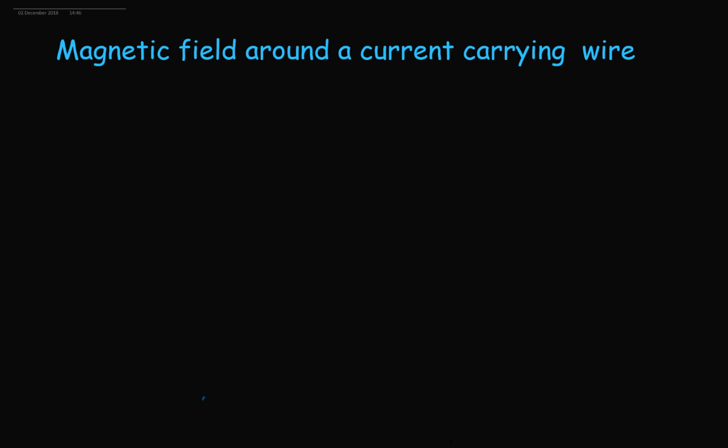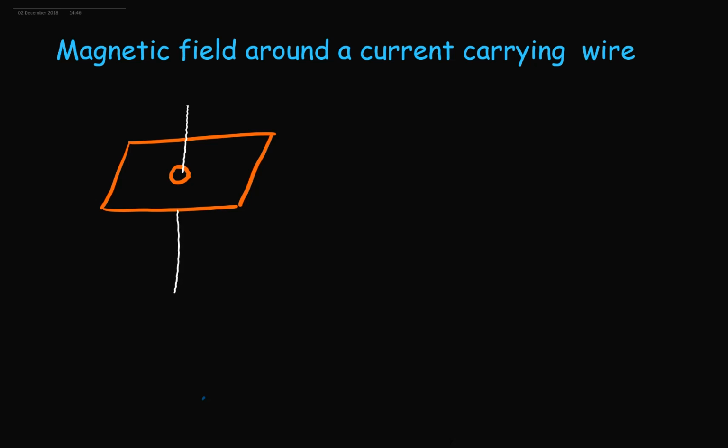In today's video, I shall explain to you the direction of the magnetic field lines around a current carrying wire. Now, suppose there is a piece of cardboard like this, and I make a hole through the piece of cardboard. This is a hole through the piece of cardboard. And if I pass a wire through the piece of cardboard, so imagine this is the wire which